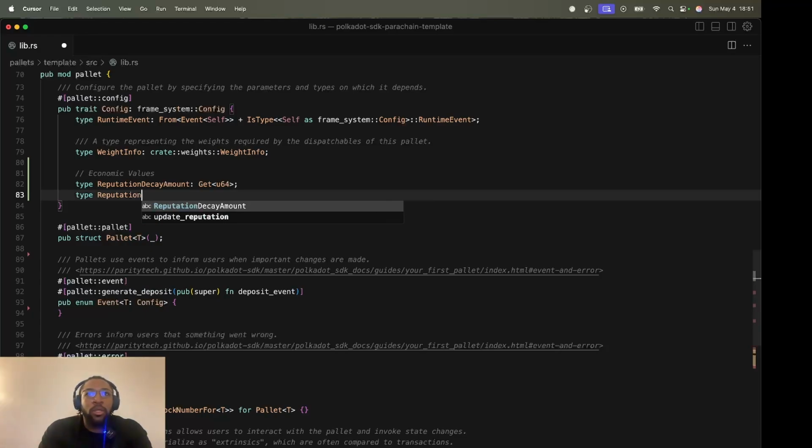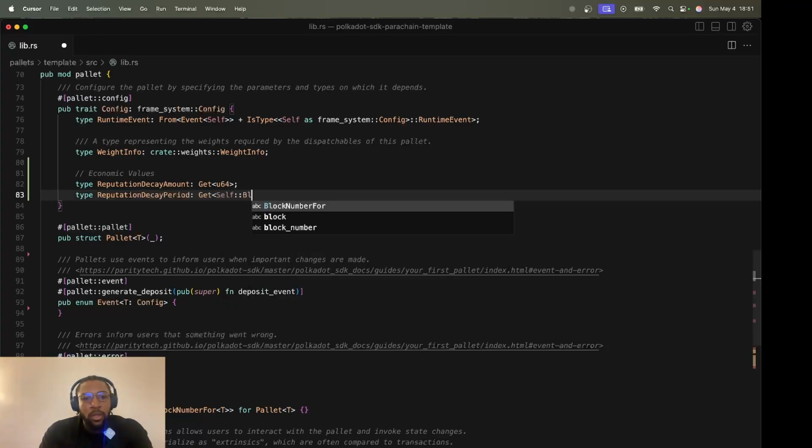Then we need repetition decay period. And this would be, I think, block number. I'm not really sure whether it should be block number, but let's see if it compiles first.